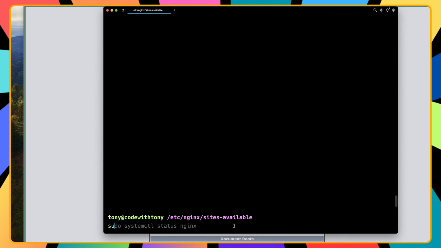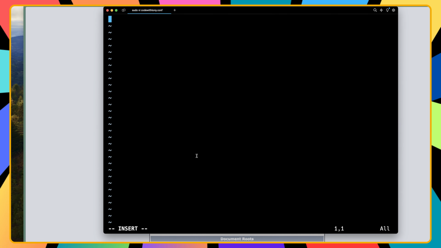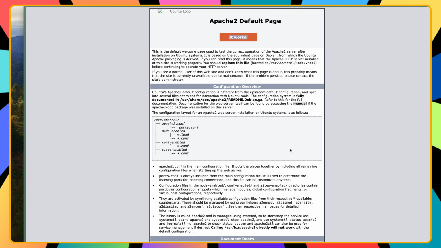So I'm going to say sudo vi, and I'm going to name the file codewithtony.conf, like this, hit enter. Okay, now here I open the insert mode, but before that I'm going to show you